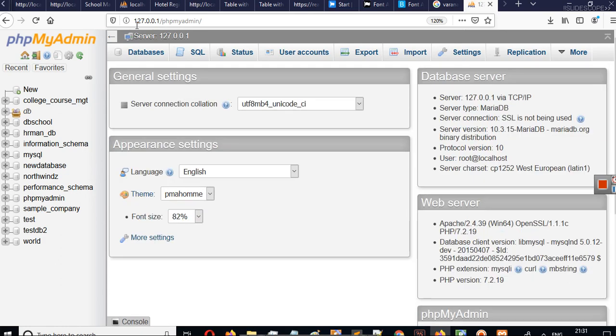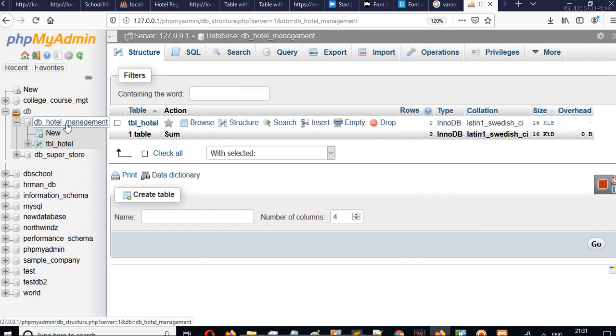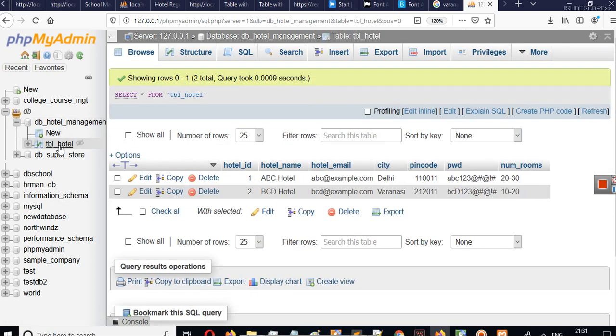So here we have our database. We can expand it, because I have another database here called db underscore super underscore score, and that's why it is showing a prefix here. So I can go to this db hotel management, and if you have to view your records, you can simply click the table and then you can view your records. I hope you have understood this concept. Go ahead, try creating some databases, and in the next part